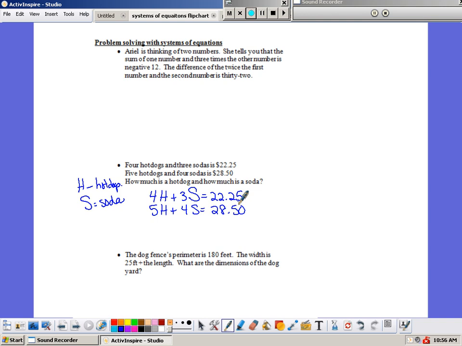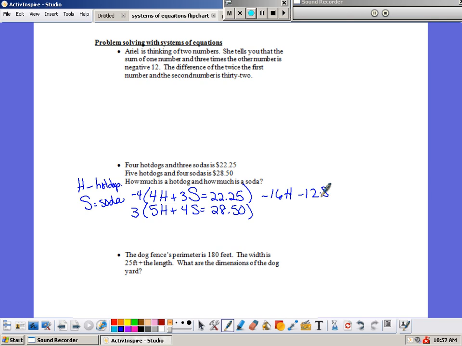Now, if I wanted to know what sodas cost, I'd get rid of hot dogs. If I wanted to know what hot dogs cost, I'd get rid of sodas. But since I want to know what both of them cost, it makes no difference what I get rid of. So I'm going to multiply the top one by -4 and the bottom one by 3. The reason for that is then my sodas will become -12 and +12, and they will drop out. So I get -16H minus 12S,